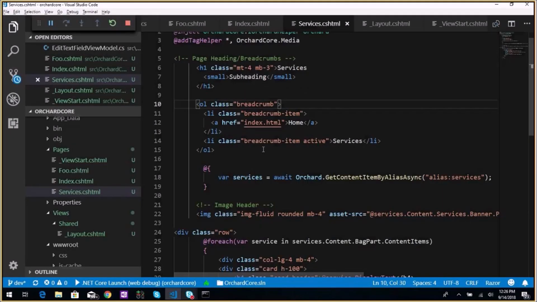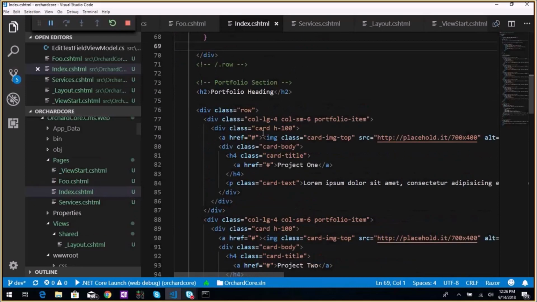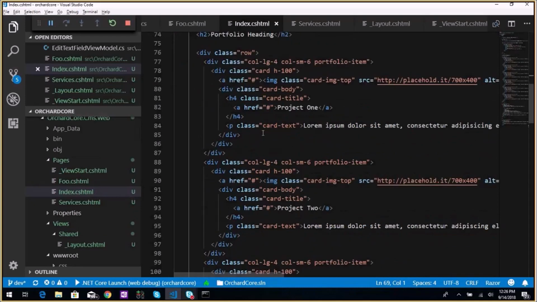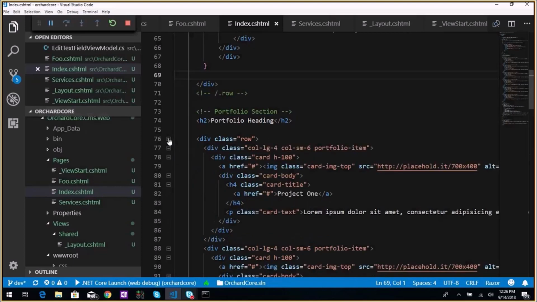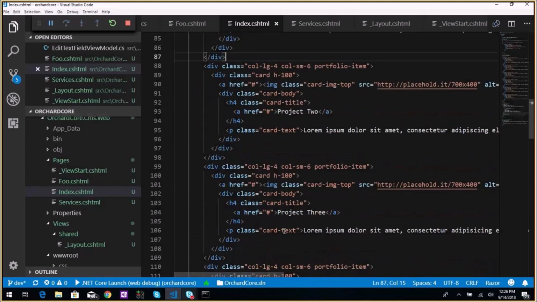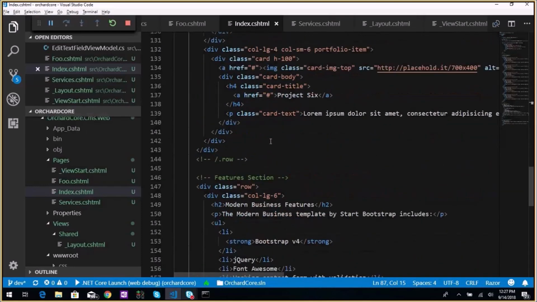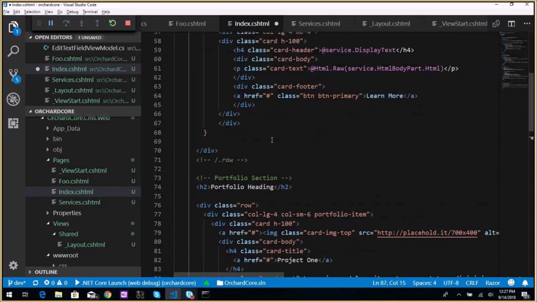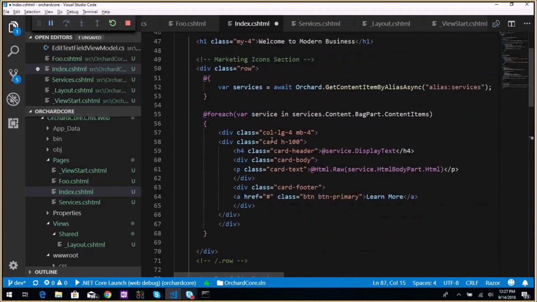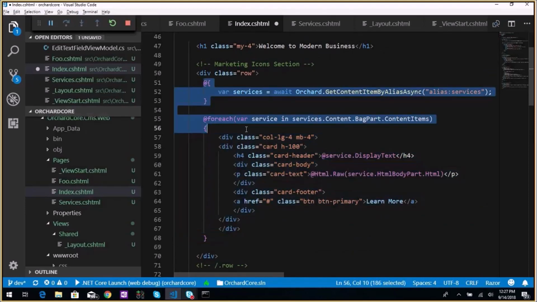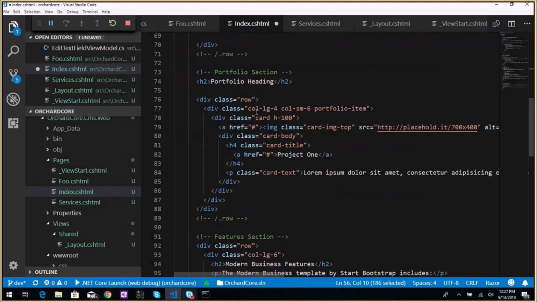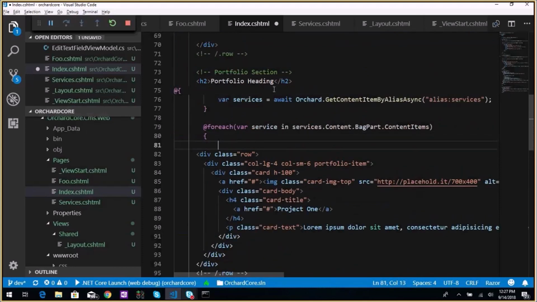So let's go on the index page. And here, portfolio heading, we have a row. And that's it. Okay, so we just need to remove that. I keep one. And I'll do the same thing as that. But with a twist,